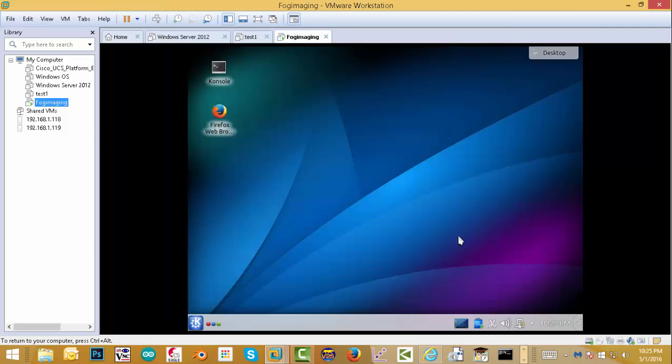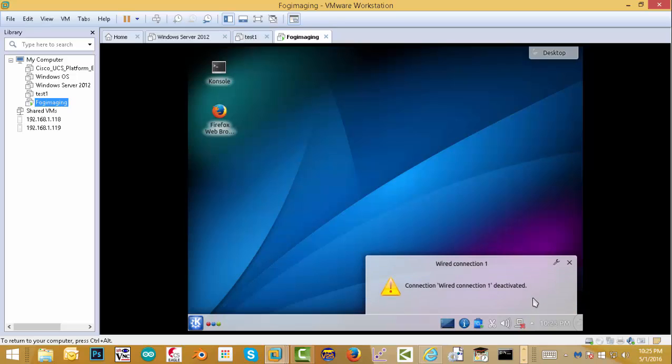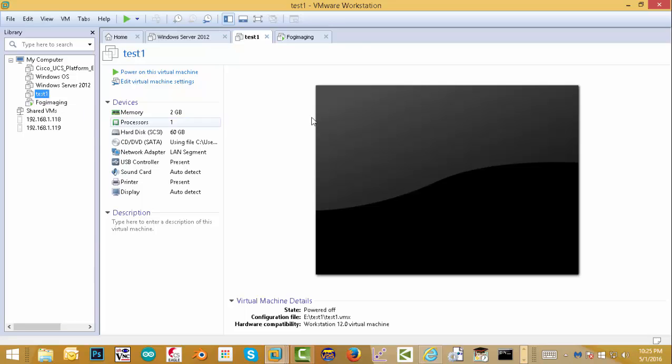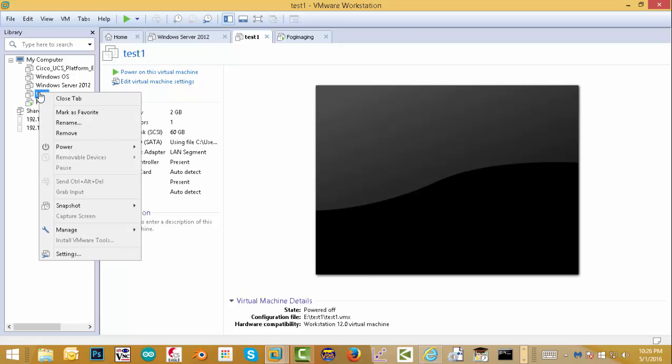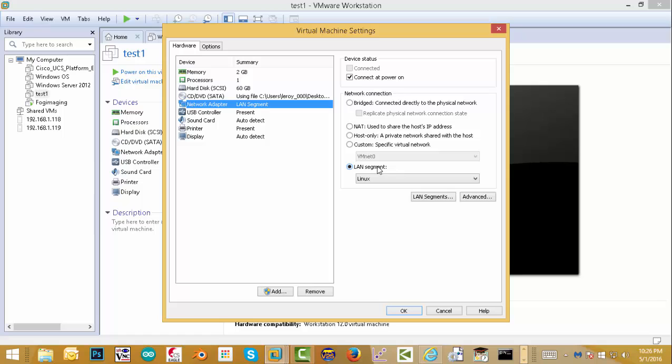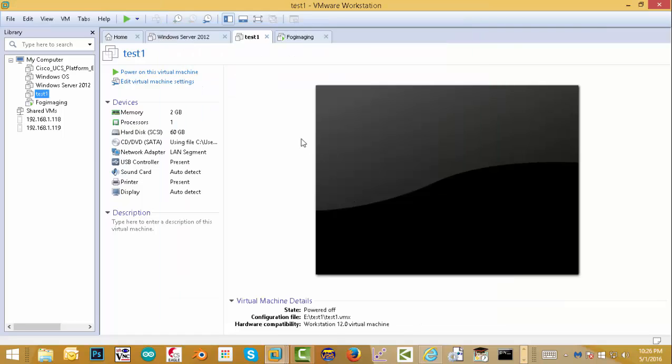Sometimes that doesn't make Linux too happy when you do that, which is okay. I just see it responding right now. So now it reactivated again, so it did work. Now I have Windows 10 all set up on here already. So this is like a regular Windows 10. I want to right click on it and then go to settings on here, and I want to change that network adapter. Instead of Linux, I want to change it to my Kubuntu 101 so that they're both going to be connected